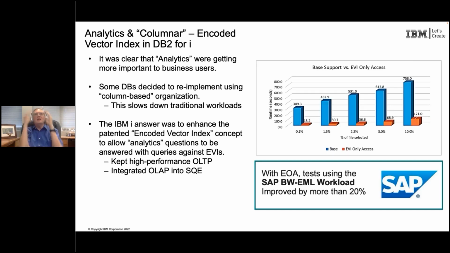And that has allowed lots of applications to take advantage of it, to not only do the things that they do super well transactionally, but also do things super well when they're doing analytics. This is just one example of a particular workload that is significantly better when you get to combine the row-based relational IBM DB2 with the capabilities that we have for the encoded vector index. And again, that did not exist as a part of the architecture in the days of the AS400 or even the i series. This concept was added to the database's architecture when we got to be IBM i, and it has been a tremendous value to a lot of our